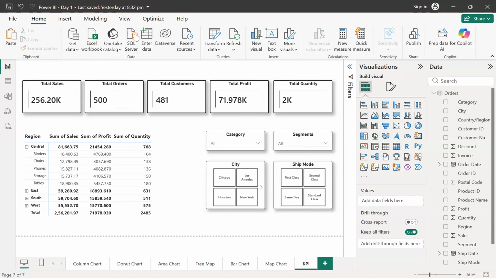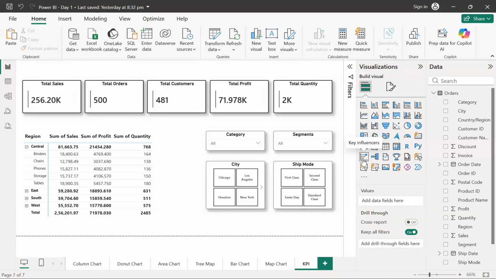Okay, guys. So now this is the final thing in our first chapter, which is the basic charts. I think we have covered all the basic charts which we have. Definitely, some of the advanced charts are there, which we will discover and try to understand in the upcoming sessions.